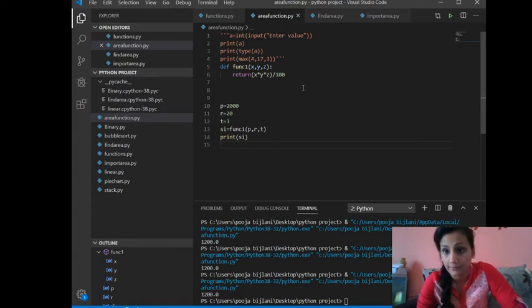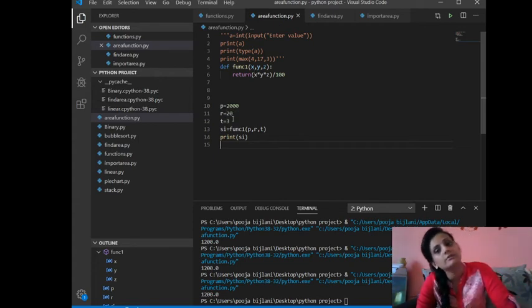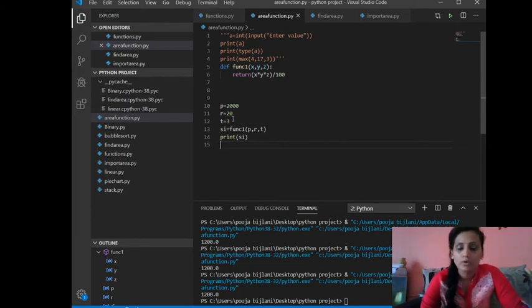This is the beauty of Python. That is a global scope. Though this particular P, R and T are not part of this particular section, still if I use them here, they were giving the answer, or they were accessible, all because this is a local scope and that is a global one. Python first looks for the variable inside the local scope. If it is not available there, then it goes into the global and finds the variable and sends you the answer. So have you understood now?